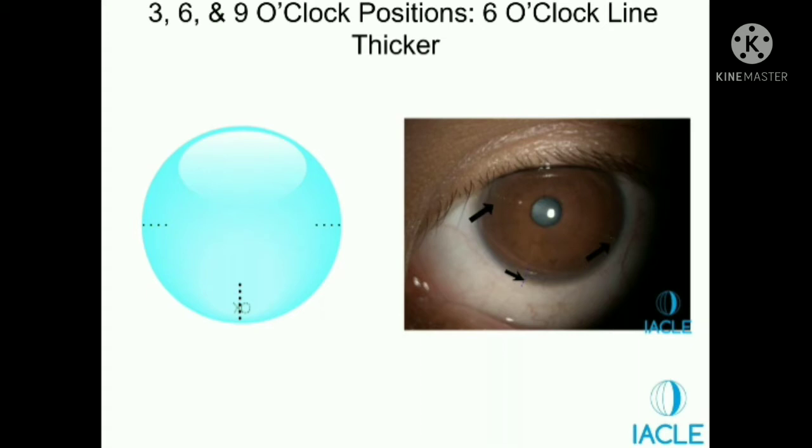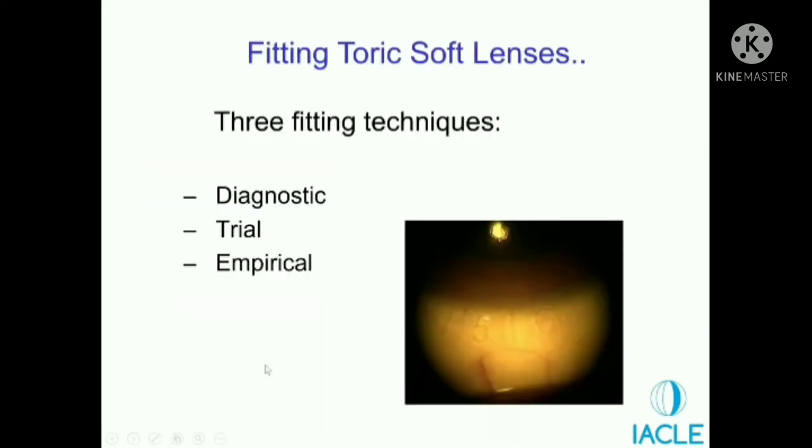And those are important, of course, because a spherical lens can rotate and it will not change the vision and image quality in the patient's eye. But if a toric lens rotates, it's not going to give you good vision because the cylinder is working at a wrong axis and that's not going to help the patient. So it has to settle in a particular way so that the axis of the lens is aligned with the astigmatic axis of the patient. And that is so important in terms of toric contact lens fitting. So let's look at how you can fit toric contact lenses.